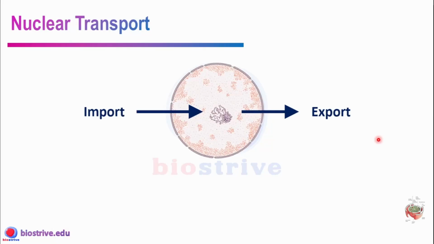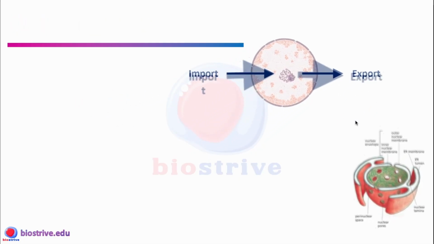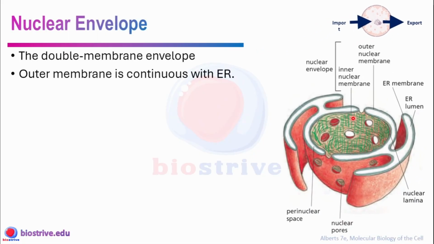In nuclear transport, we will talk about proteins entering the nucleus and proteins leaving the nucleus. We will talk about import as well as export of proteins. Okay, so the nuclear envelope is a double membrane structure in which the outer membrane is continuous with the endoplasmic reticulum, and when